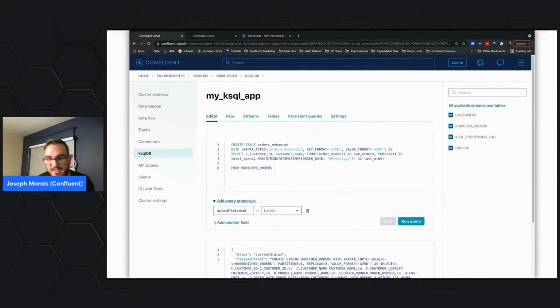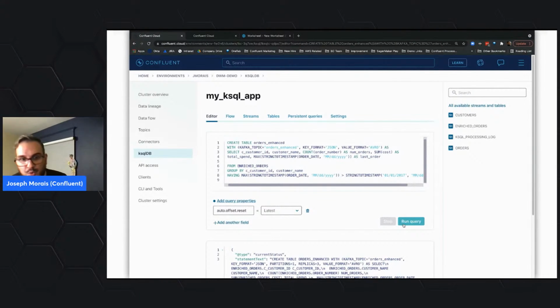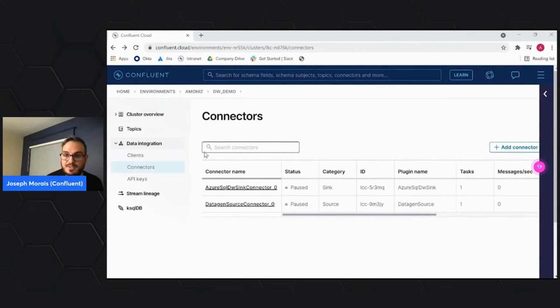With the data cleaned, let's join the customer and order data from the two data sources using the common field customer ID so we can get a unified view of our customers. We don't need to load customers who haven't made a purchase in the past 5 years or longer into our new cloud data warehouse. I think that seems fair. So we'll filter out those customers based on their last order field and save on storage costs in the new data warehouse. Now that we have our cleaned, unified view of the customer, let's load this into Synapse using Confluent's